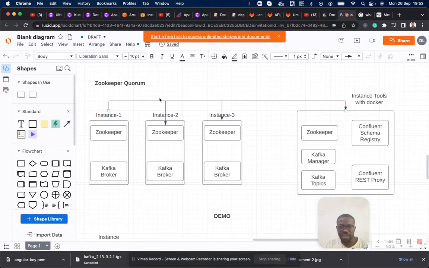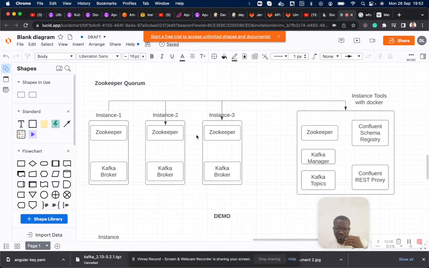These three instances communicate with each other, where one could be the leader and the others could be followers, all right? Because of time, I may have to skip Zookeeper quorum. Maybe in my next video I shall talk more about it.